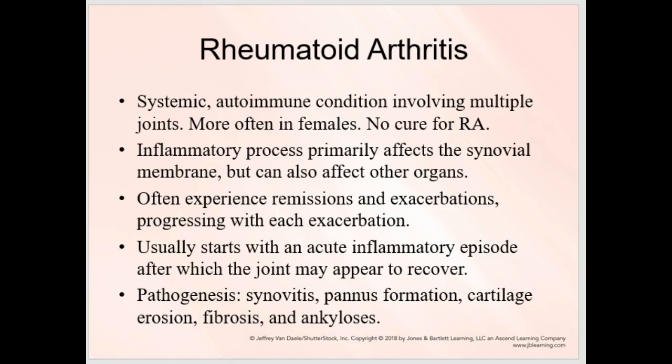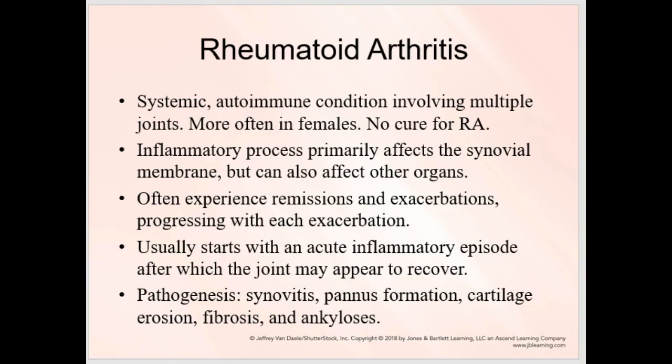They may have remissions and exacerbations, and then it progressively gets worse every time until finally the joints get damaged and they start to get very stereotypical signs. I'll show them to you. It'll start with an acute inflammatory episode, and then that episode, as it gets cumulative, causes damage to the joint. And the pathogenesis, genesis always meaning creation of, the creation of this disease over the steps is going to be, and I have a picture on the next slide, synovitis, which is inflammation of that synovial membrane